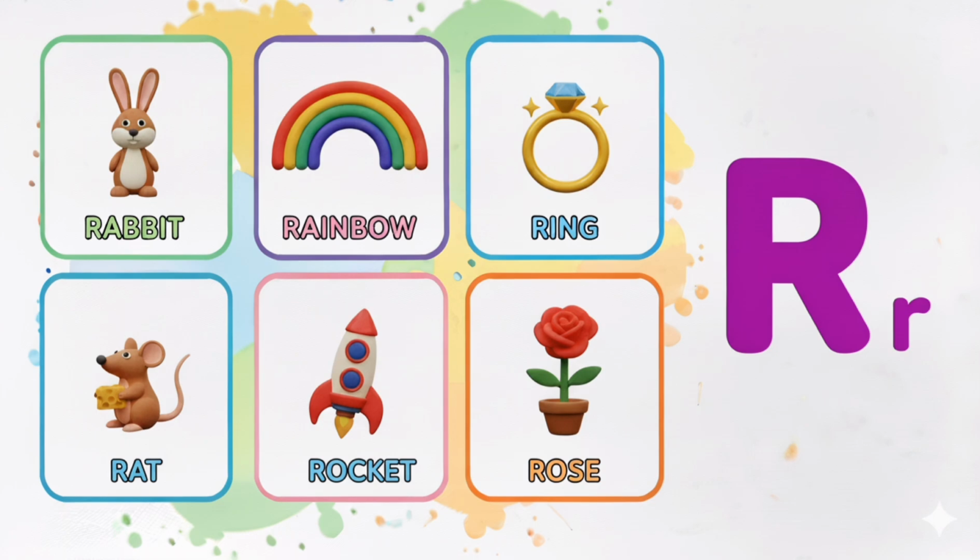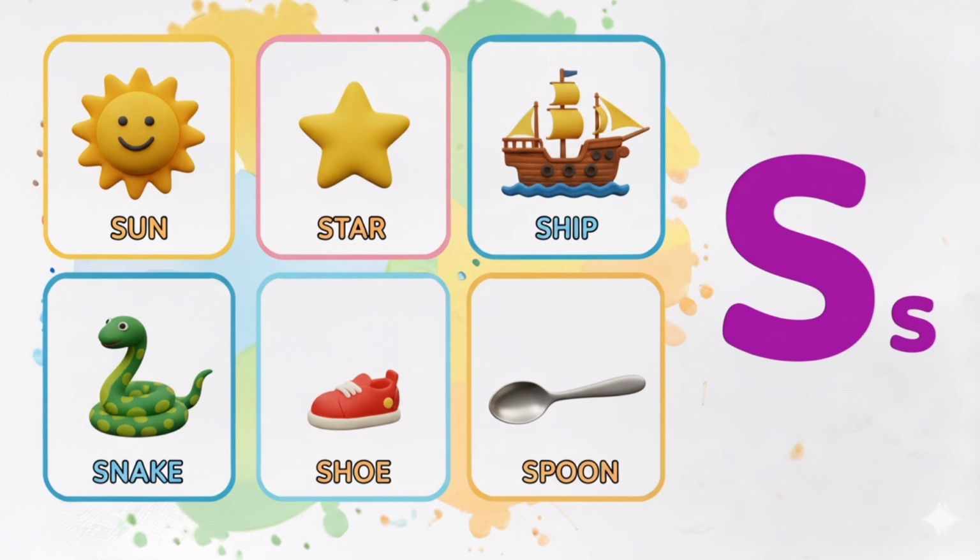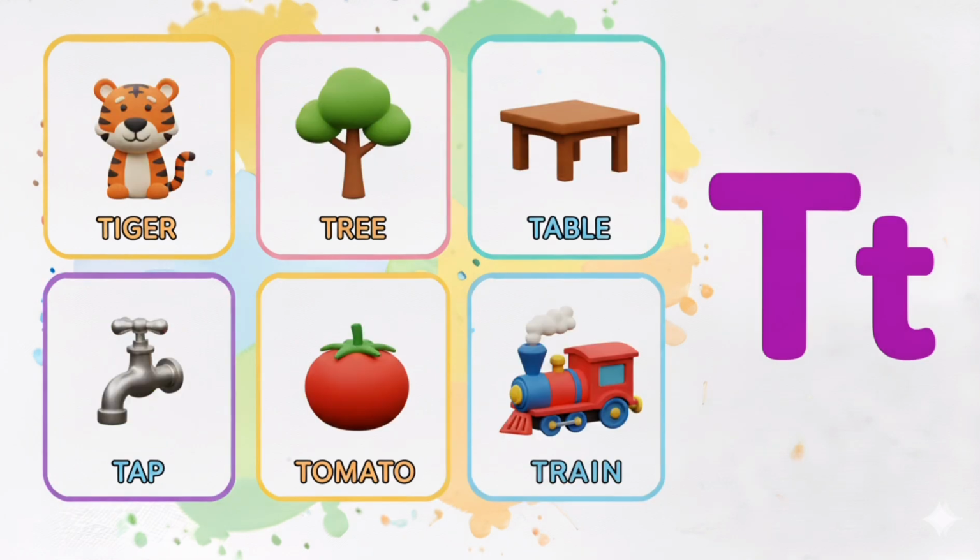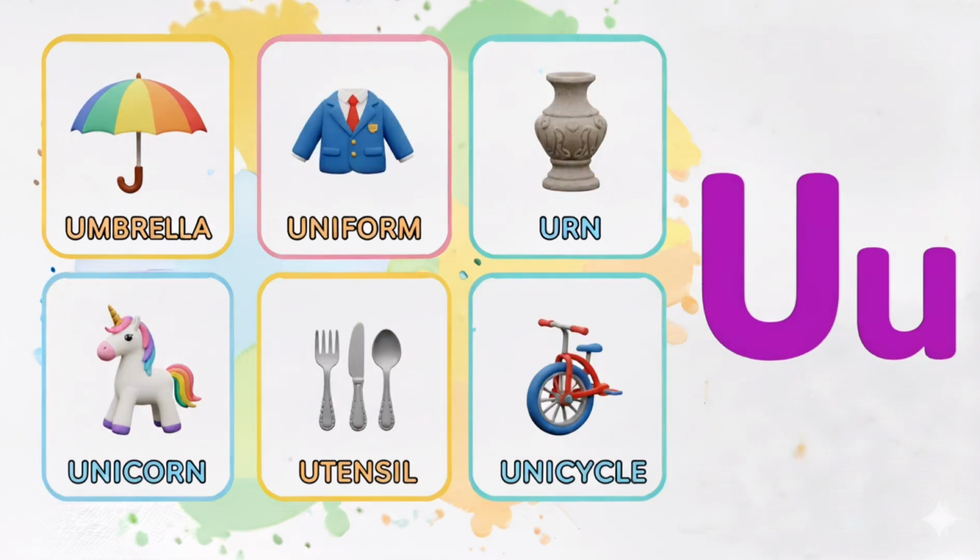for rose, S for sun, S for star, S for ship, S for snake, S for shoe, S for spoon, T for tiger, T for tree, T for table, T for tap, T for tomato, T for train, U for